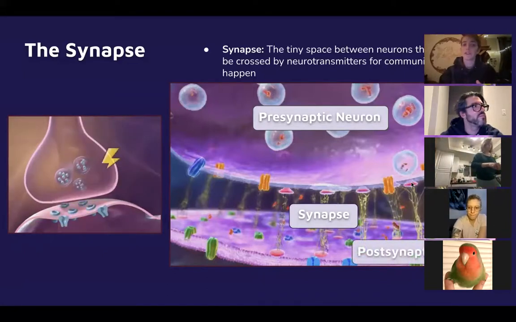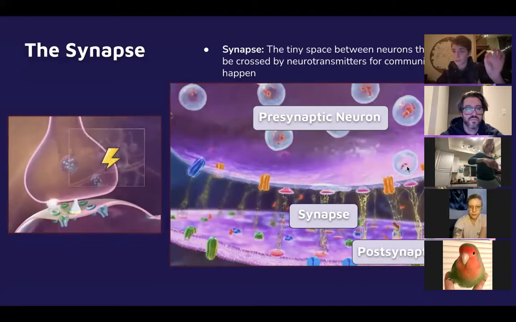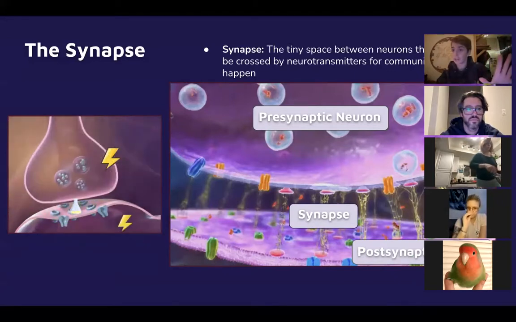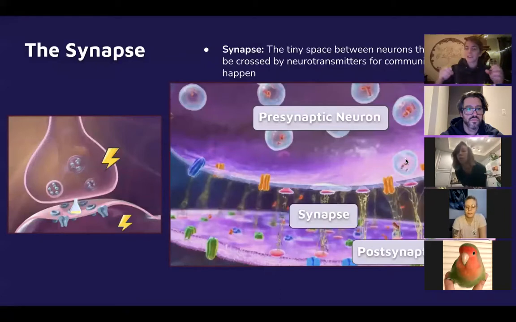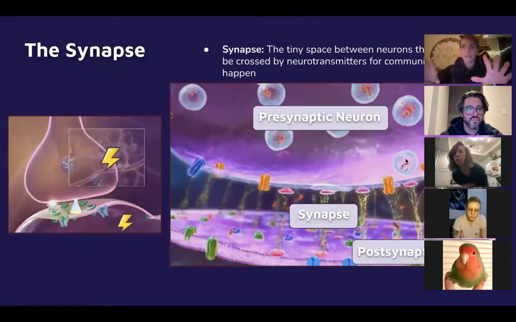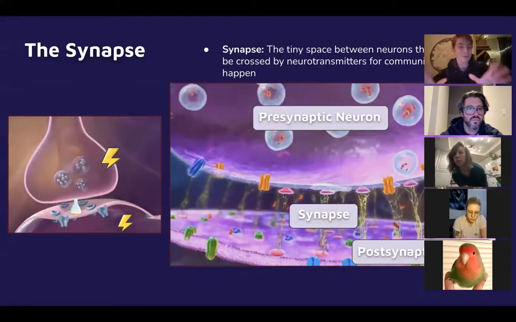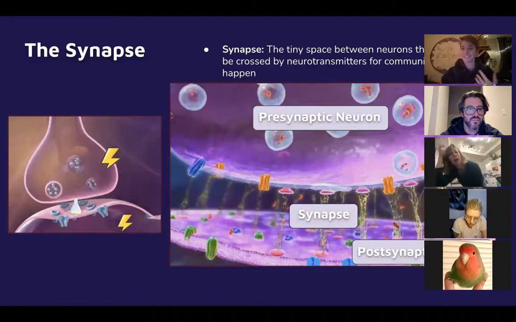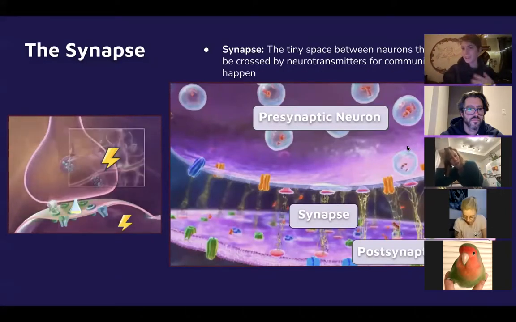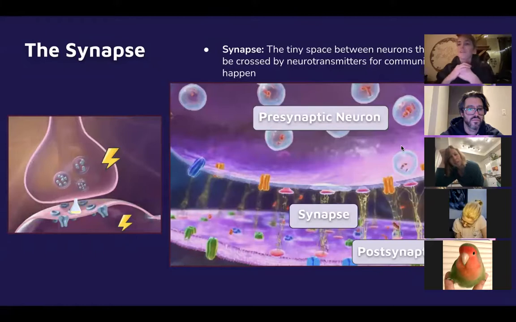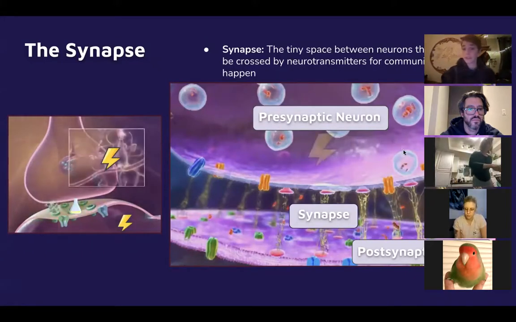Now, the way that this energy is transferred is it goes electrical, chemical in the form of a neurotransmitter, and then back to electrical again. It basically acts as a green light, green light, or maybe red light. That's what's cool about it, is that you can have a lot of influence over what happens based on what goes on in the synapse. If this makes no sense to you, I promise it will. Bear with me, and if you have questions, you can ask them.